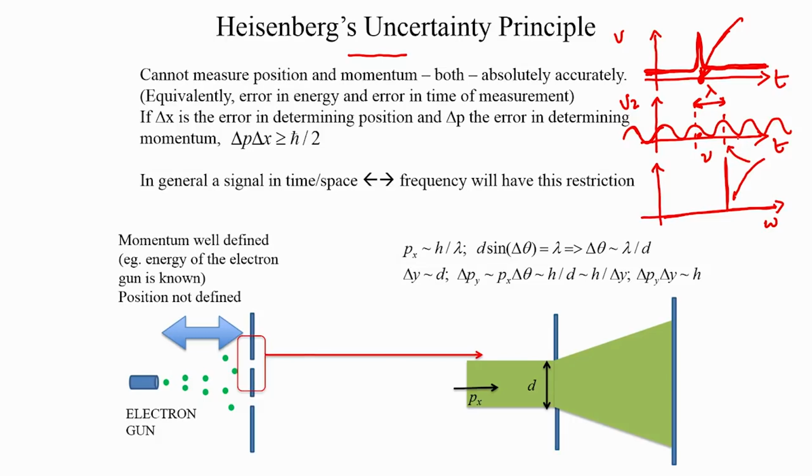And it is this balance between these two errors, or the uncertainties, that is addressed by Heisenberg's uncertainty principle. So in one form, what Heisenberg's uncertainty principle says is that if you were to perform an experiment, say with the electron, and you were to be measuring the position of the electron, and you were to be measuring